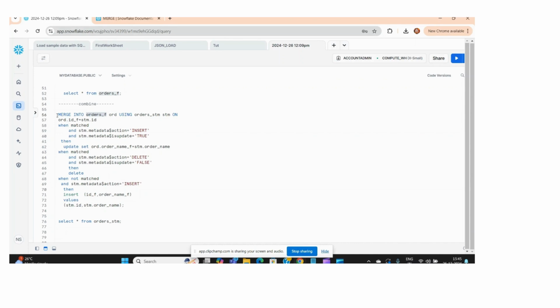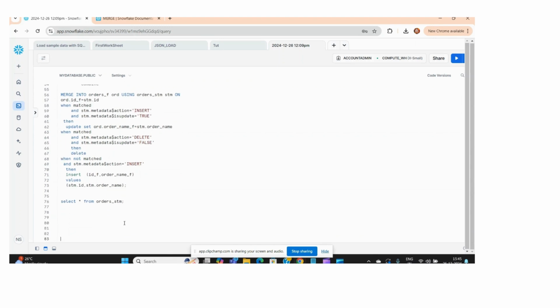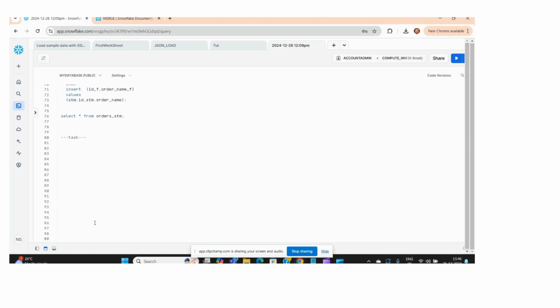we load data into one fact table. In the next video I will show you a task. A task is a new database object. With the help of a task we can schedule this merge statement. Or we can also put this merge statement inside a procedure, and by creating one task with a different set of times, we can schedule that task, and from that task we can call that procedure. This way our end-to-end pipeline runs. In the next video, I will try to explain you about